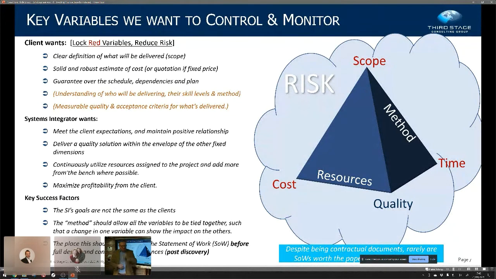And then the second thing, of course, is that they want to deliver a quality solution within the envelope of the other dimensions that are fixed. But very often they will not control the solution quality. You need to control the solution quality. And if you're not controlling the solution quality, then you are opening yourself up to risk, because there are corners that they can cut, plenty of them, that you probably won't be able to see. And when those corners do start getting cut, you'll notice them after the system's been put live.